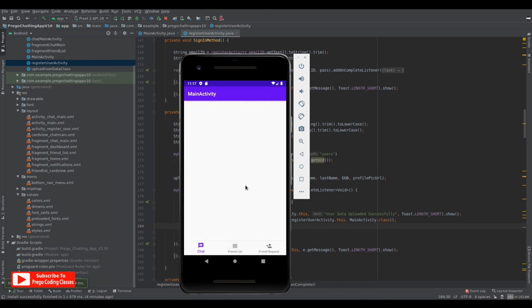So login is successful and we are into the main activity or the main chat activity. Now over here, if you see, the title is main activity, but we can surely change it from our coding part. And the fragments are obviously empty because we only have the recycler view. There are no card views set up. There is no data over there. There is no frames added. There are no chat messages. There is nothing.